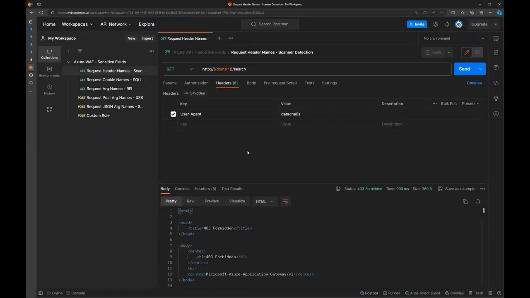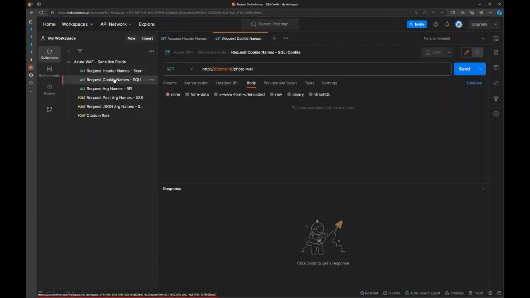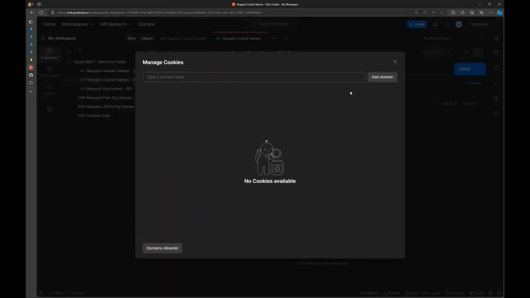Let's go to another use case, and in this case, we're gonna do the cookie itself. So for this GET request, there's nothing specific in the headers or anything like this. But in this case, we will use a cookie. So I'm gonna open this here under cookie, and I'm gonna put here the domain name that we have. So it's for the public IP. So I'm gonna add this domain name,